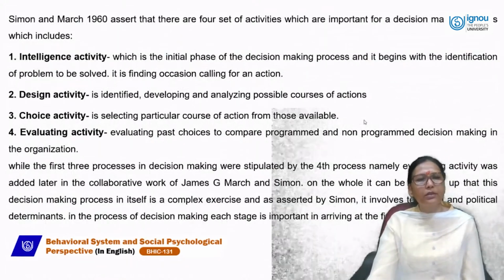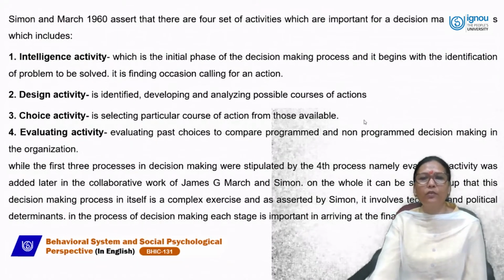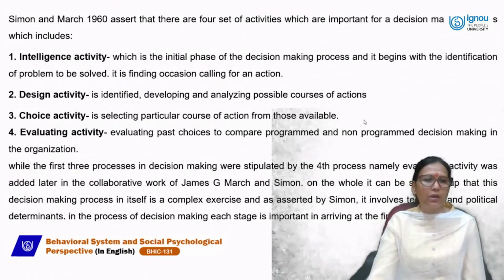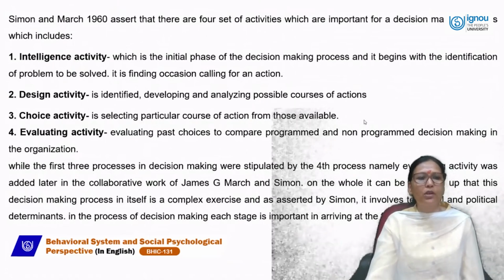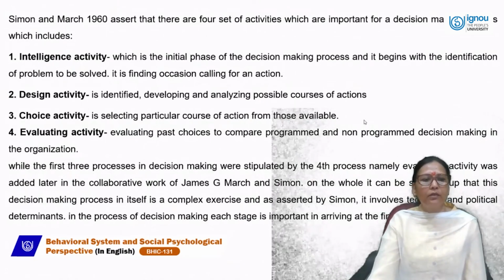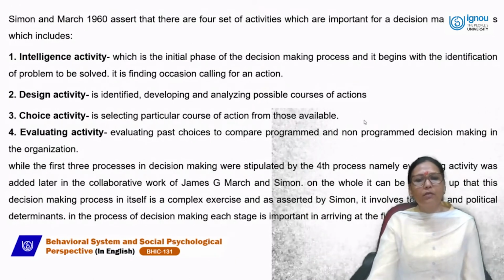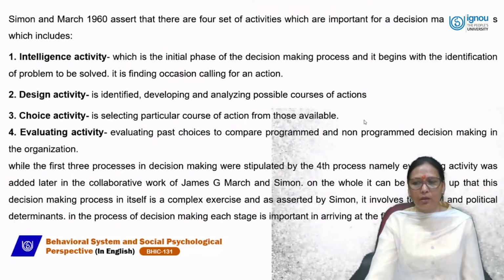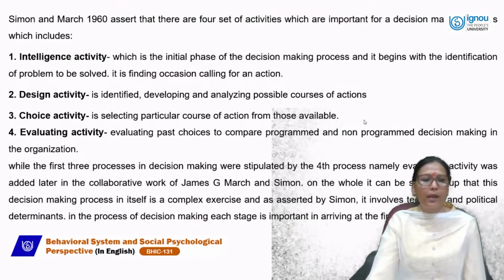Simon in March 1960 asserted that there were four sets of activities which were important in the decision making process: intelligence activity, design activity, choice activity. The fourth was the evaluating activities. The first three processes of decision making were stipulated by the fourth process, namely evaluating activities, which was added later in